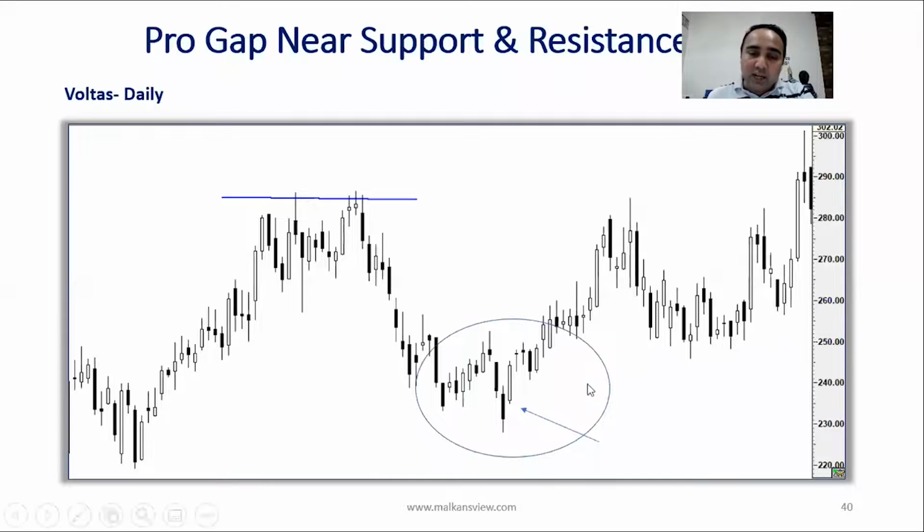See this, if you don't cover at the start of the day, you're going to end at the top of the day, and next couple of days it goes much higher. So if you are short, you are going to cover. Second, if you are neutral, means you have no position, you can straight away take position in future long or cash long. But now let's say you don't want to take that risk,